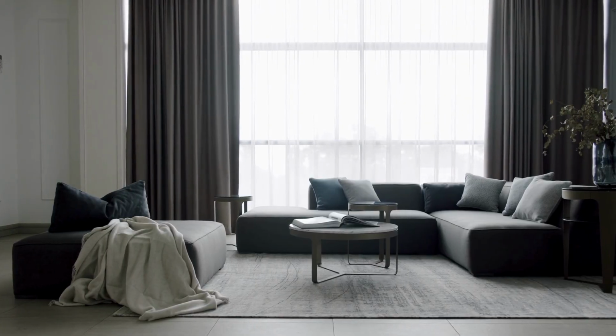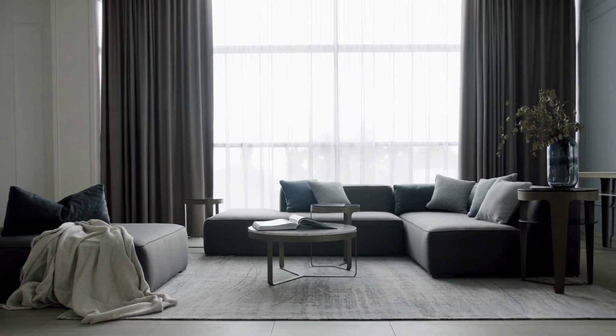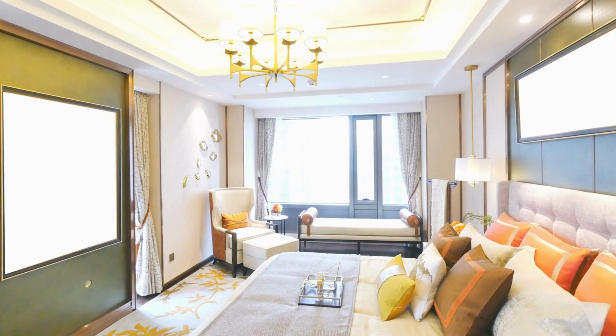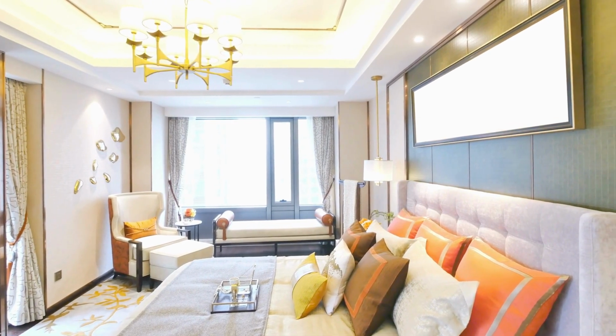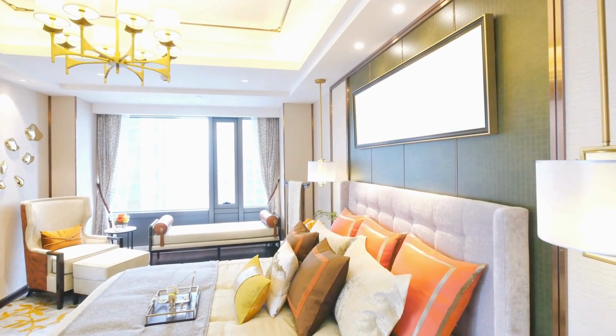And let's not forget about throws. A soft, cozy throw blanket draped across a couch or over a chair can make a room feel instantly more welcoming. Whether you go for something chunky and knitted for a wintry feel, or lightweight and breezy for the warmer months, a throw adds warmth, literally and figuratively, to your space. You can even use it to tie in the color scheme of a room, matching it to your cushions, curtains,